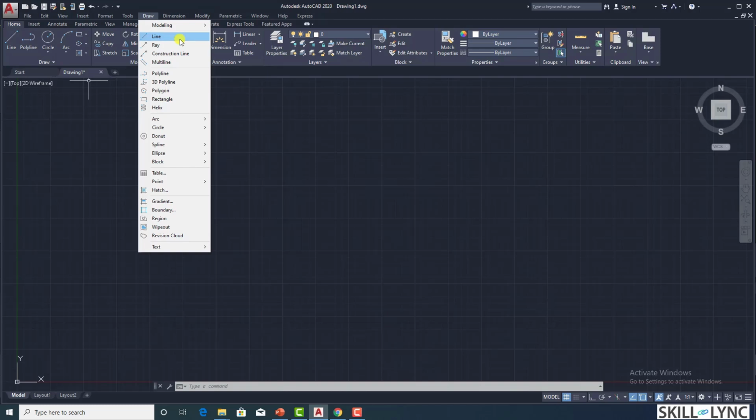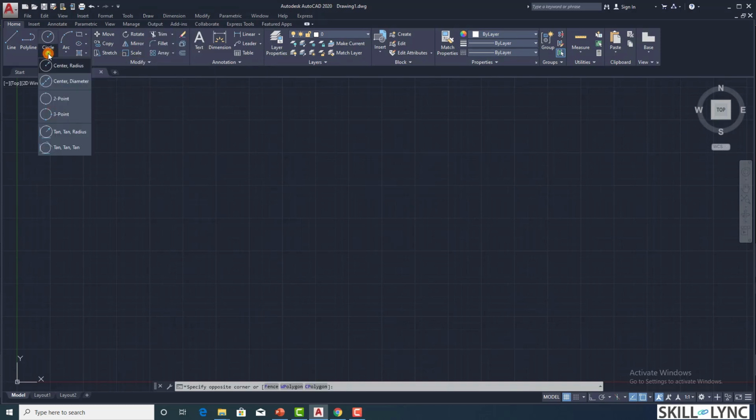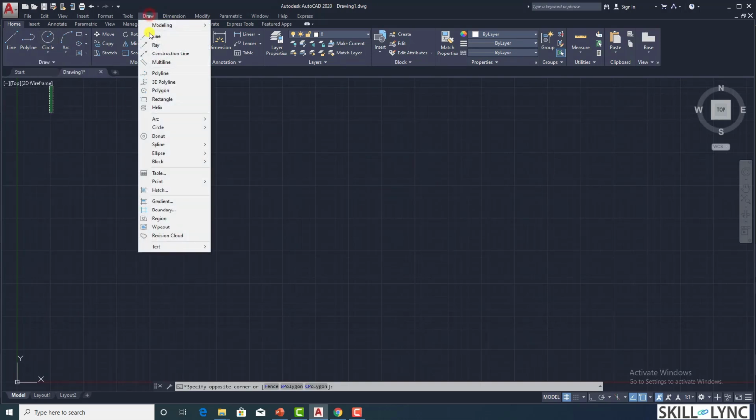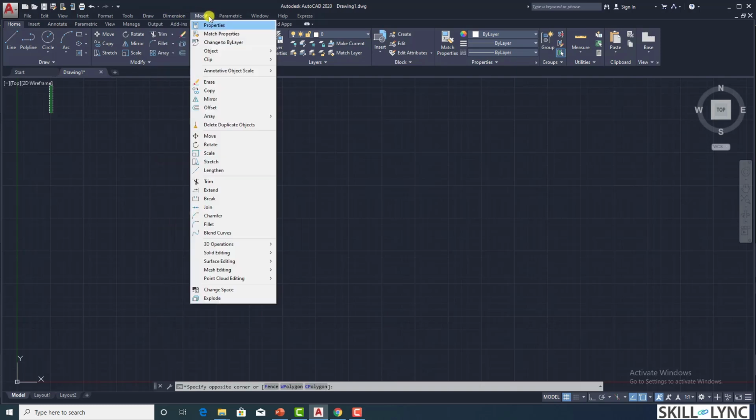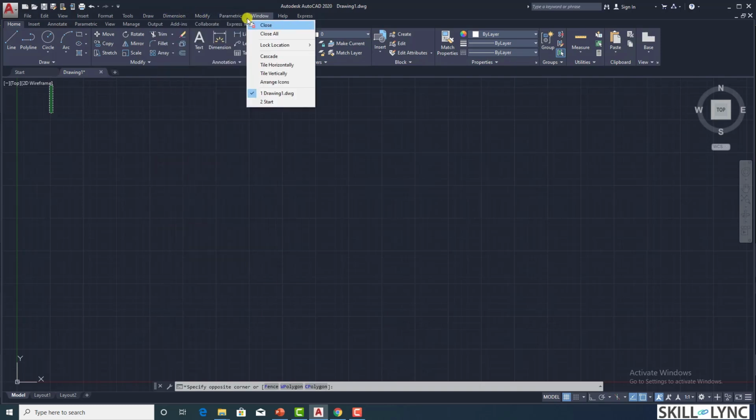So here you have the line and so on. For example, if you see in the normal ribbon, if you want to draw a circle, when you click on the circle drop-down menu, you can see different pictorial representations and the selection of the options. Whereas if you go in draw and then click on circle, you have the same but in a limited structure. So both are essentially the same, but this is where you will get everything in a quick and fast manner. Again, you have dimension, the modifying commands, the parametric commands.